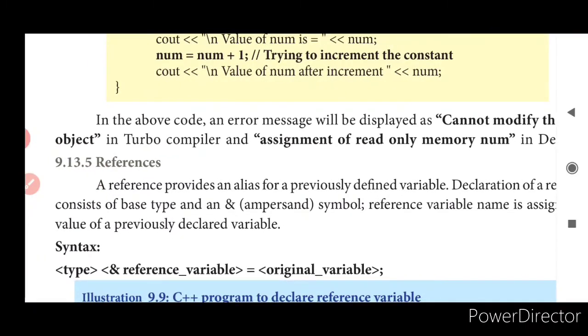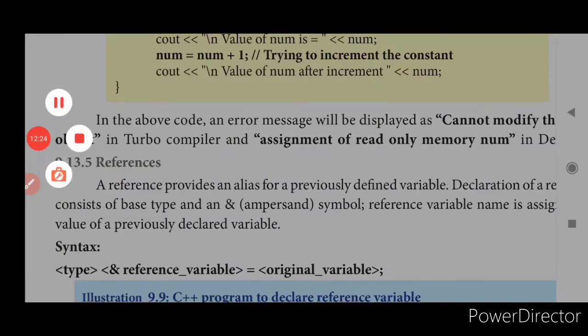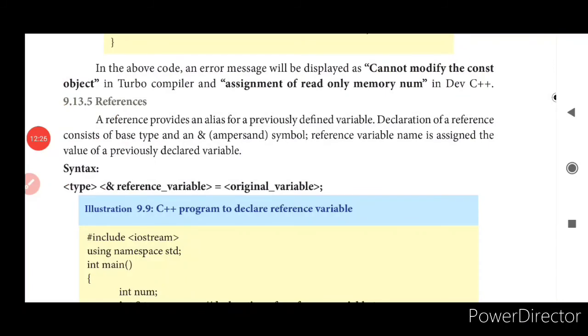Now let us move on to references. A reference provides an alias for a previously defined variable. The declaration of a reference consists of a base type and an ampersand symbol. The reference variable name is assigned the value of a previously declared variable. Type, reference variable is equal to original variable.